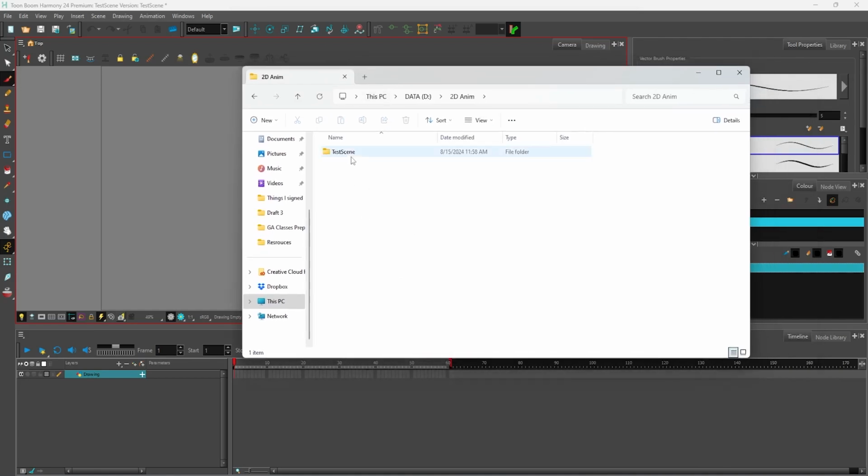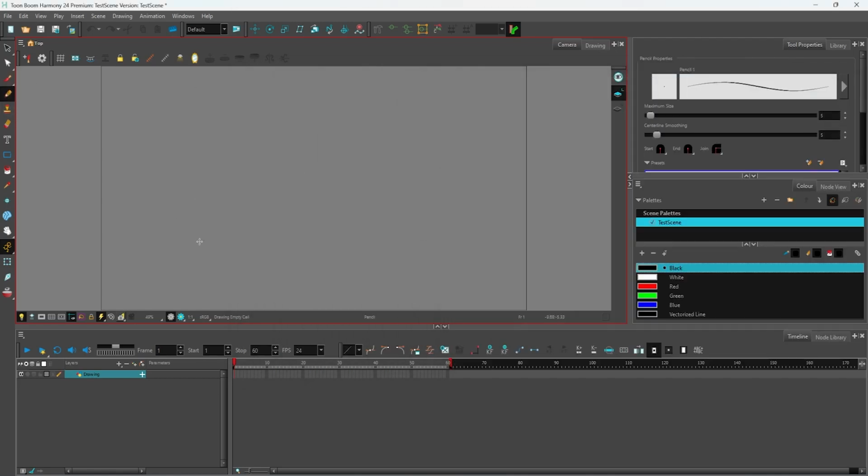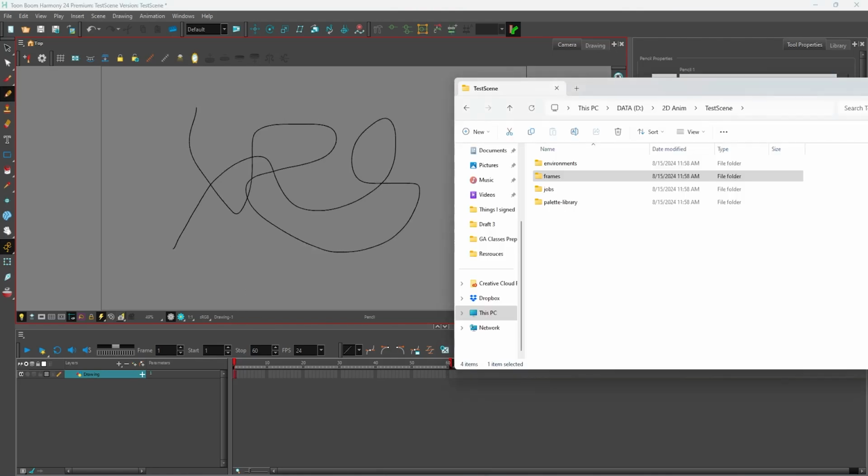And I just want to show you that there's already a bunch of files or folders in here. There's a palette library, there's jobs, there's frames, and then there's environments. And these are very similar to Maya, where it has your scenes folder and stuff like that. And I want to show you that as I draw in here, if I use one of the drawing tools, let's say I use the pencil, and I just draw something right here really quickly. If I go back to that folder under frames,